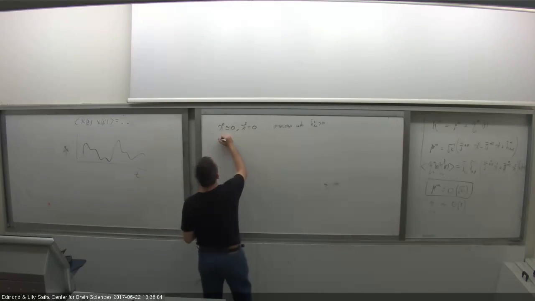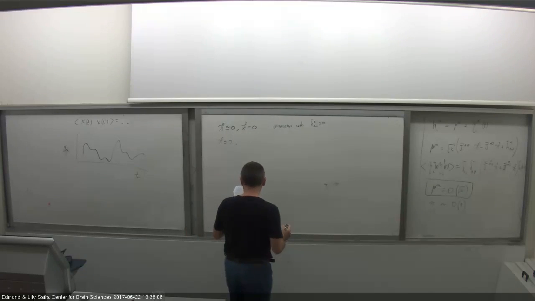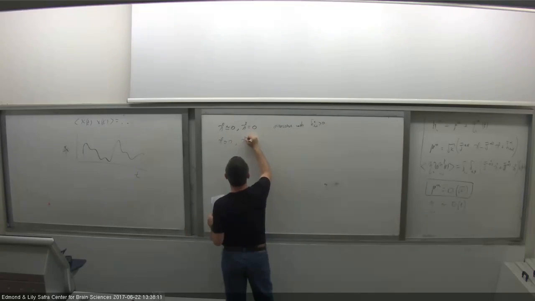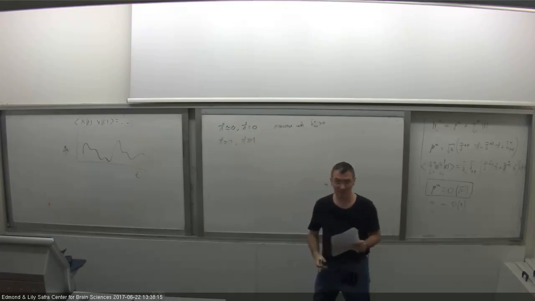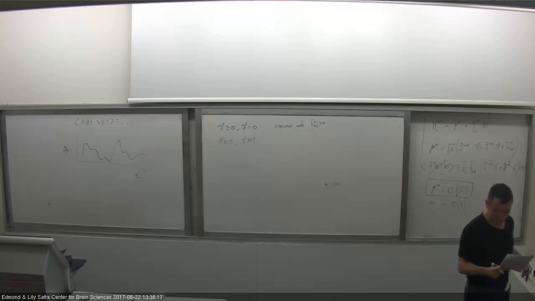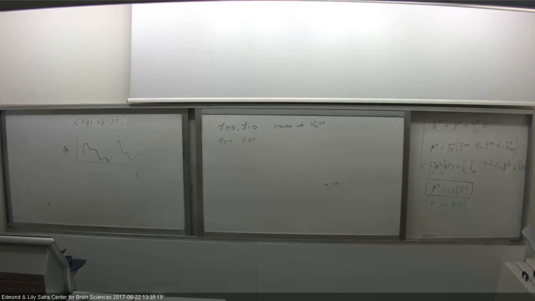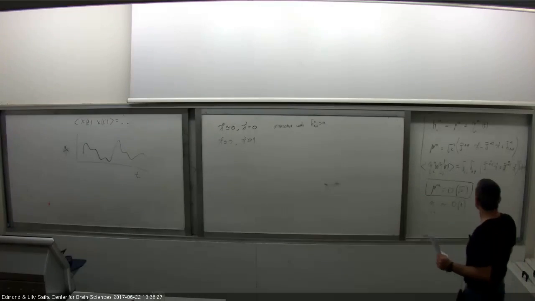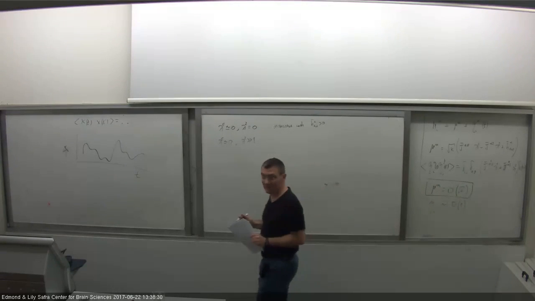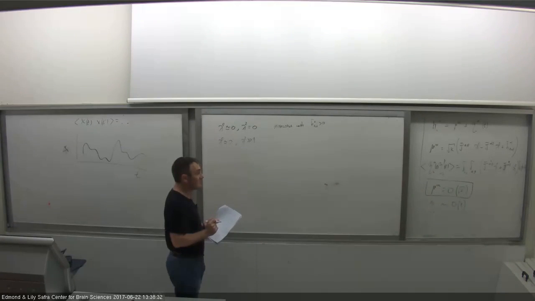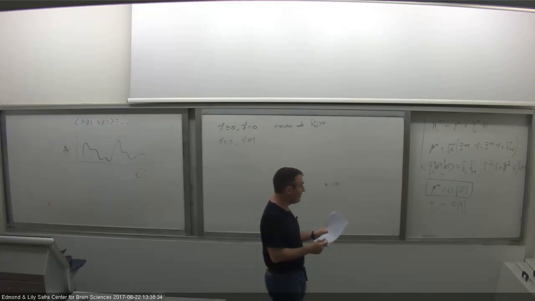Okay, maybe there is a solution in which all excitatory neurons are quiescent and all inhibitory neurons fire at a very high rate. That's another possibility. So under certain conditions, we may expect this solution, but